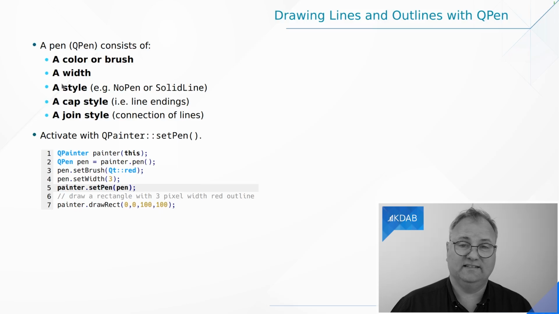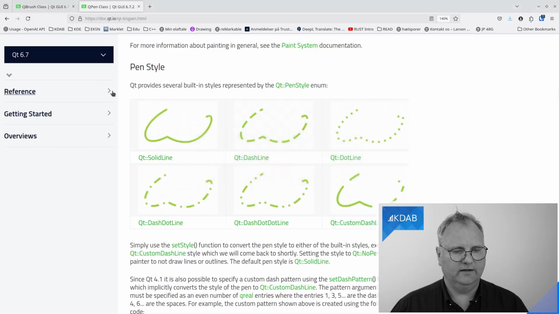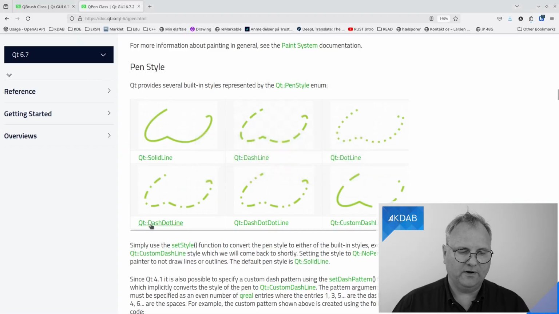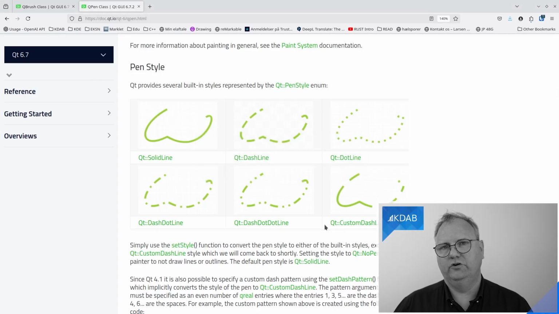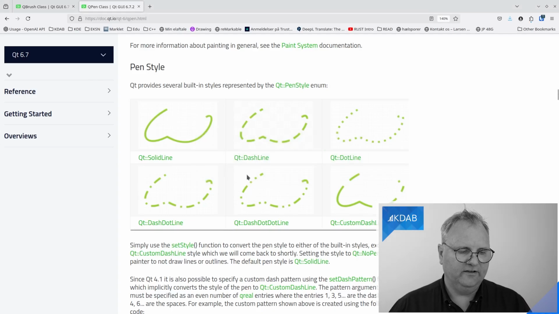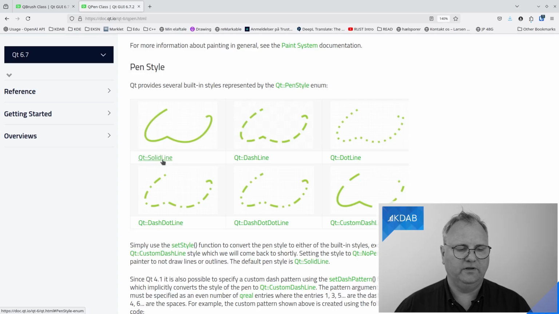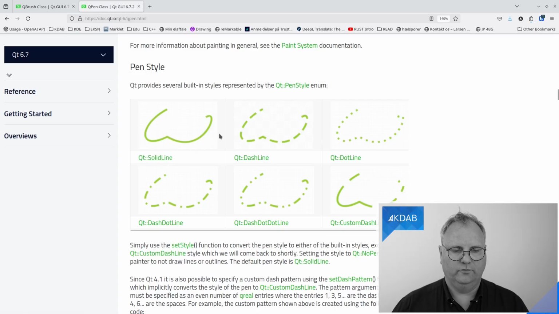The pen has a style, and I'll just go over here to my web browser, and if you look at the QPen documentation, you can see that the normal style of a pen is a solid line. So whatever I draw is done with this.